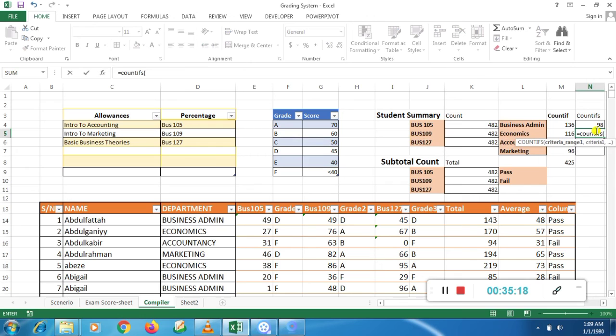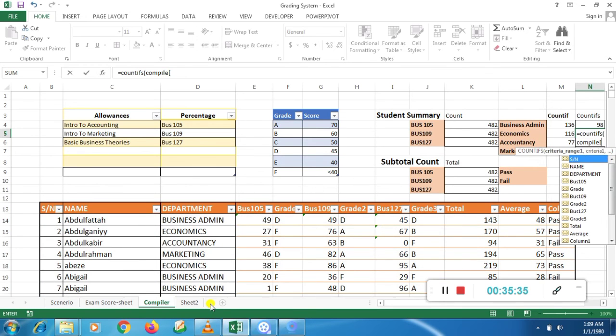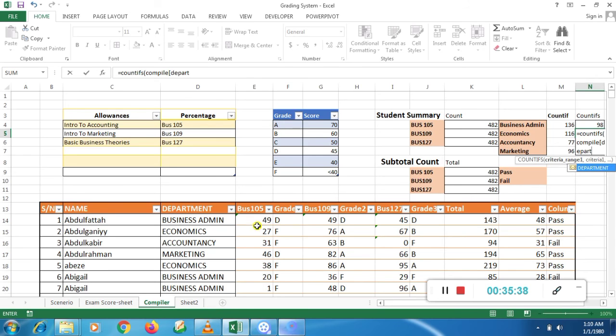COUNTIFS, brackets. The criteria range is the compiled departments, then comma, meets this criteria, which is economics, comma, and the compiled